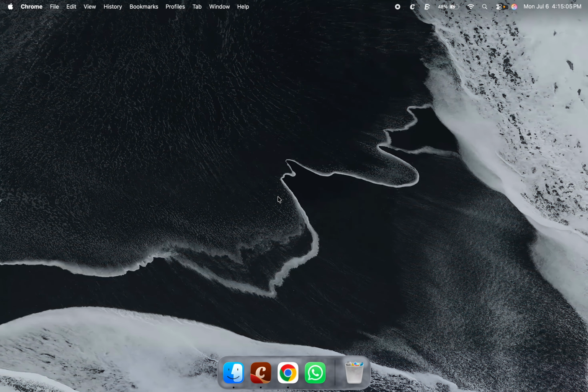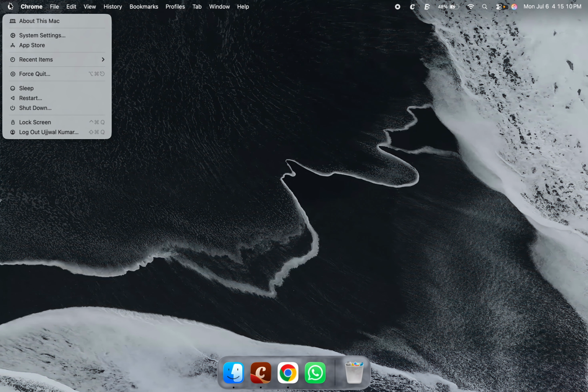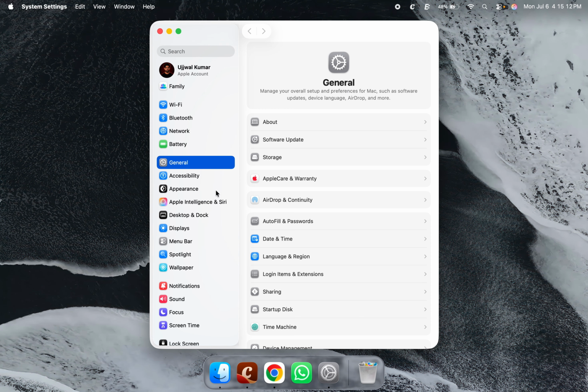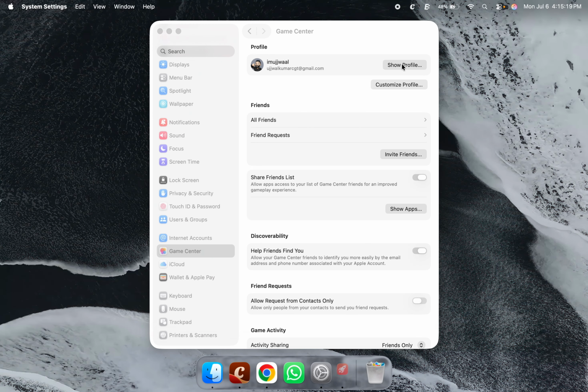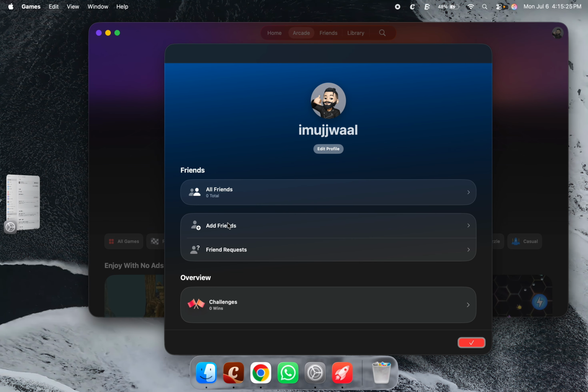So, to add someone in your friend list in Game Center on Mac, first you need to click on the Apple logo at the top and then choose System Settings. Now in the left side pane, scroll down and then go to Game Center. After that, click on Show Profile, and if you want to add someone in your friend list, then click on